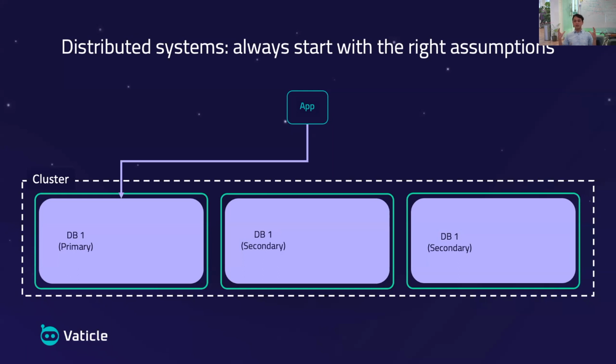So we want to start with the right assumptions. There are some base assumptions that we need to make. There are some things that we need to be able to trust. So first of all, we need to be able to trust that the CPUs in the servers are not faulty. We want to trust that the CPUs are not lying to us, and that they run the instructions that the TypeDB cluster server has correctly. And this is, I think, a safe assumption to make because normally we can trust our CPUs and they're quite reliable.